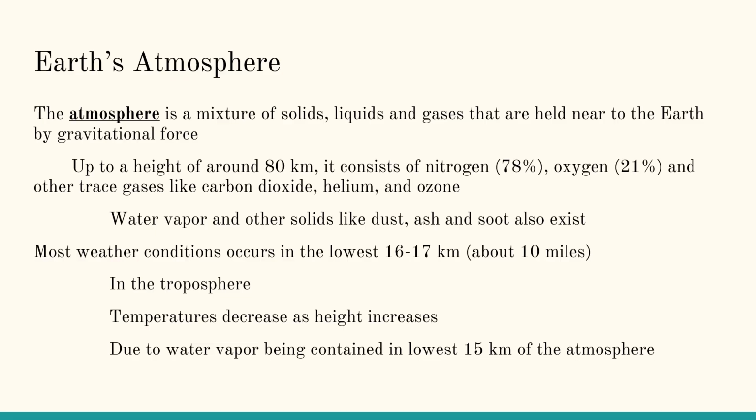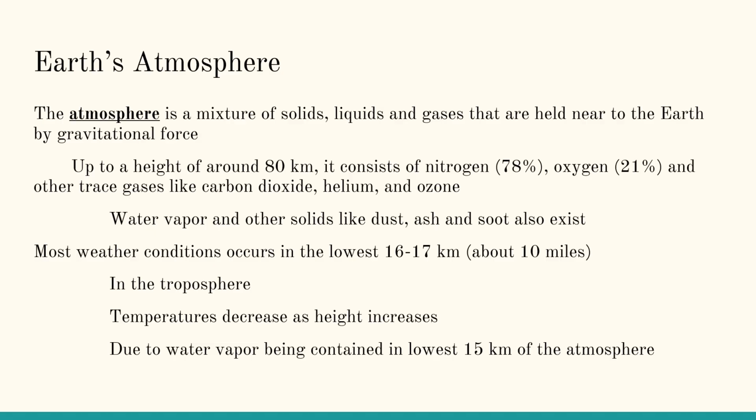In terms of the Earth's atmosphere, the atmosphere is a mixture of solids, liquids, and gases that are held near to the Earth by gravitational force. So we have about 80 kilometers of atmospheric conditions that consist of mostly nitrogen, some oxygen, and other trace gases like carbon dioxide or helium or ozone, which help to block some of the solar radiation from coming in. There's also water vapor and other solids like dust and ash and soot that naturally exist, but can also be inflamed by other things like